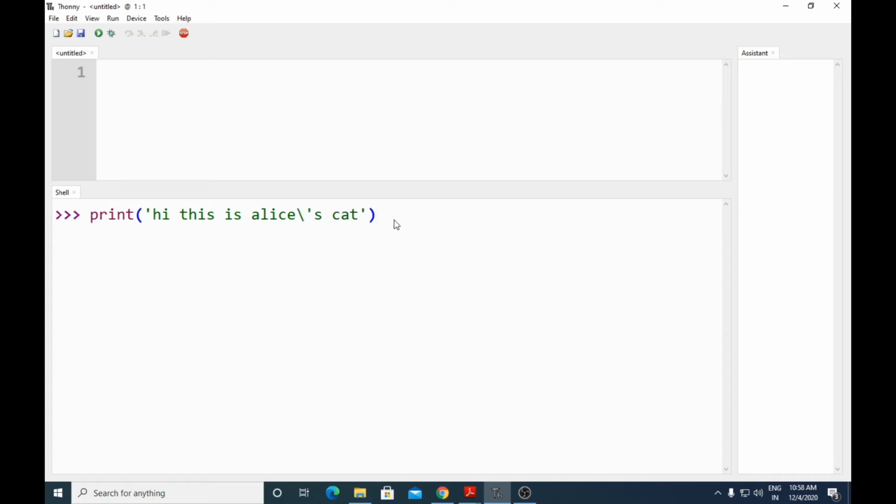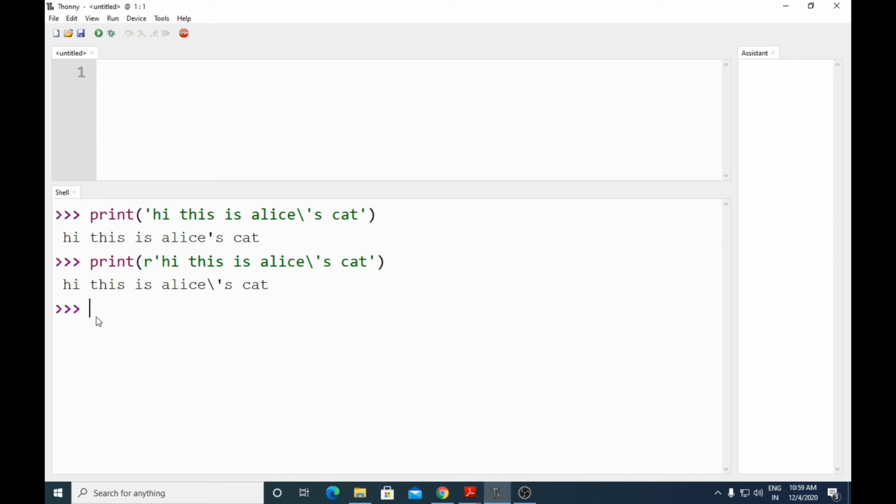Then that will be considered: hi, this is Alice's cat. But if I want it to be as it is, then I have to enter r, meaning raw string. By entering r, the importance of this escape character is lost, and it will be printed as it is.